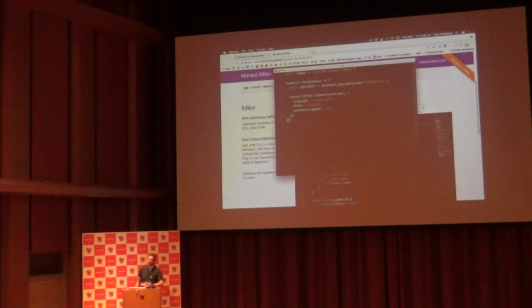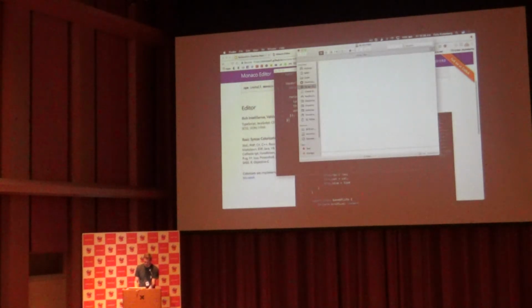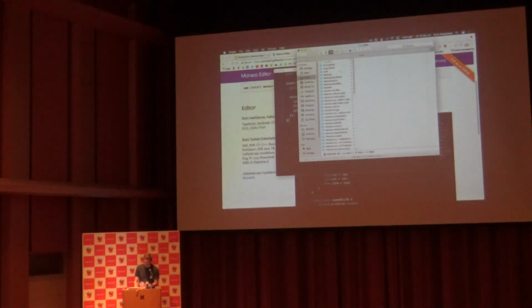You cannot open a folder. You can't really open a project. So if we try to do this in a website, we would be done here. You can copy and paste code, but you can't really open files that are on your file system. So the most basic way for people to open a file is usually to just take it and drag it onto the folder, right? If I actually take this very file,